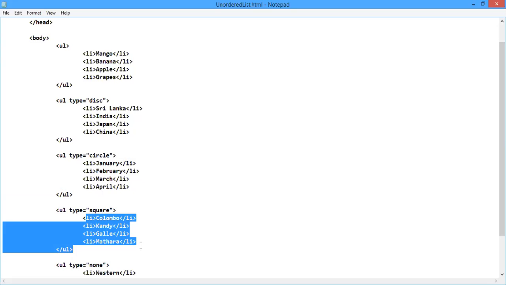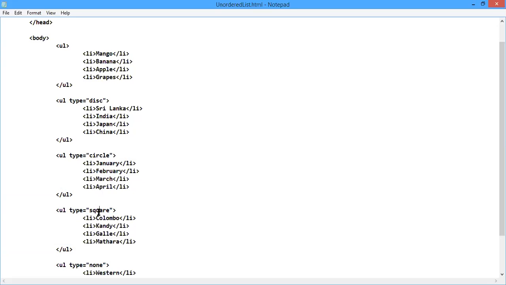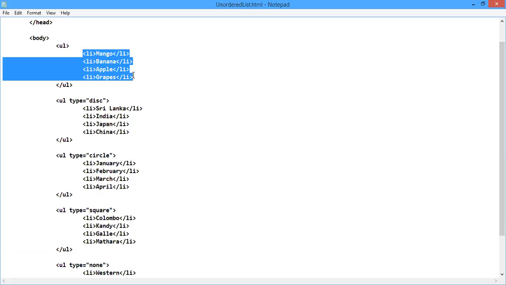Here these 4 list items will display with the bullet symbol square. And the very first one, since I have not inserted any type value, these 4 list items will display in the web page with the default bullet, that is the disk. Disk is the default bullet symbol.